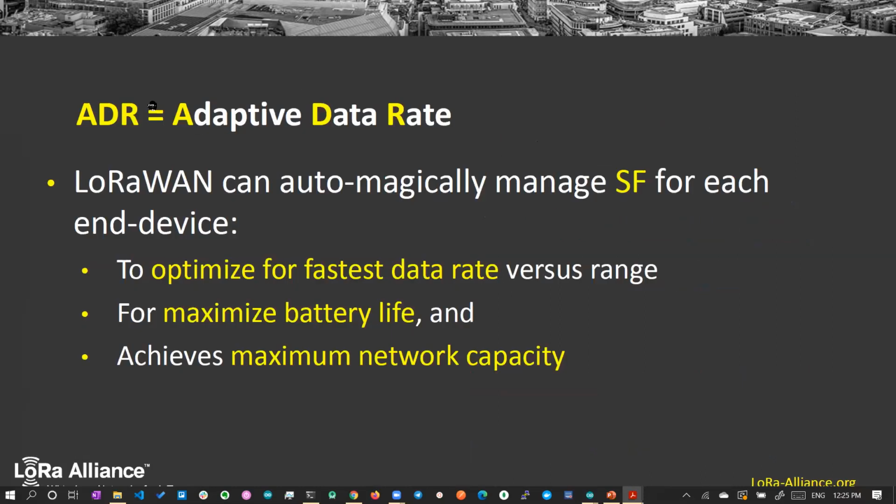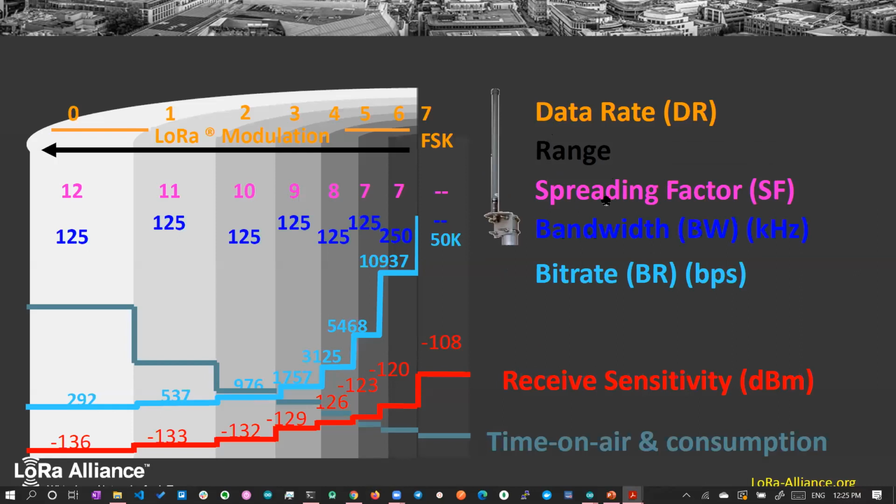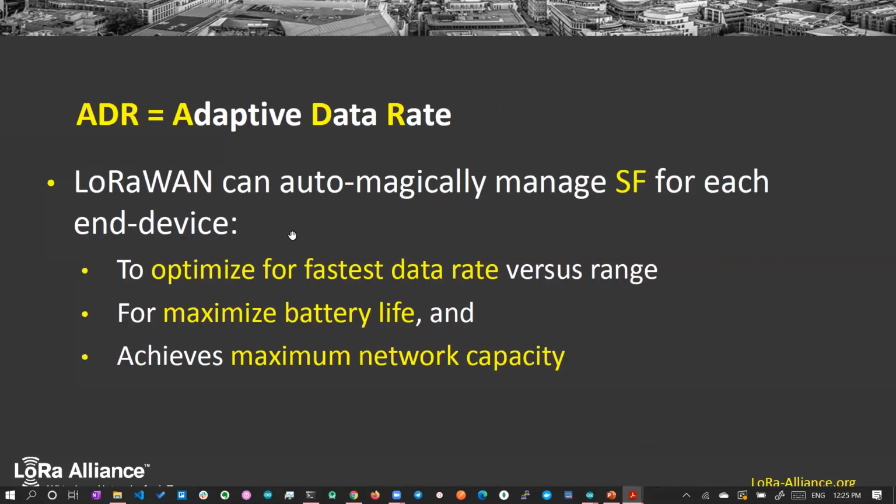And also we have adaptive data rate. Like a few asked, at the end of the last session, one sir asked how, if multiple gateways and multiple devices are there, they are configured. You can see it uses adaptive data rate based upon the distance and the receiver sensitivity. It can change the spreading factor so that for each end device, all these parameters are modified and adaptive. They keep on changing based upon the condition so that it is optimized for every data: faster data rate, maximum battery life, and maximum network capacity.